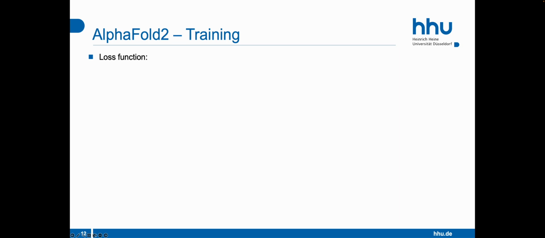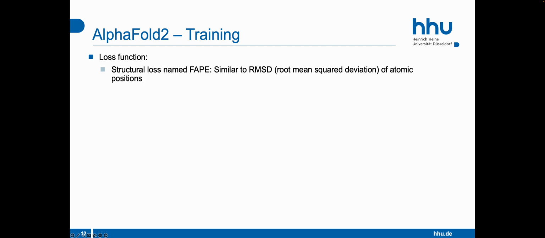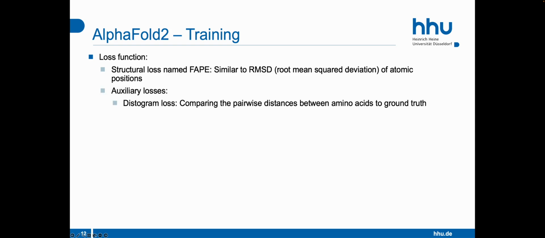During model training, many different loss functions that focus on different aspects are used. The main loss is the structural loss that was defined by DeepMind, which was named FAPE. It is similar to a root mean squared deviation of the atomic positions between the predictions and the ground truth. Additionally, a few auxiliary losses are used. One of them is the histogram loss, which compares the pairwise distances between the predicted amino acid positions and the